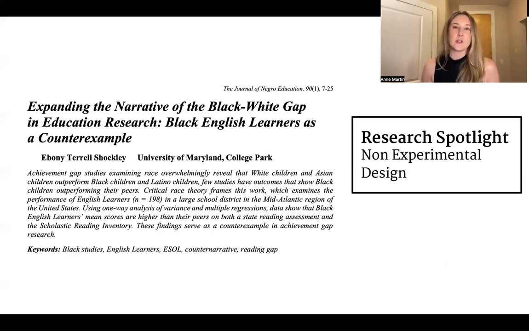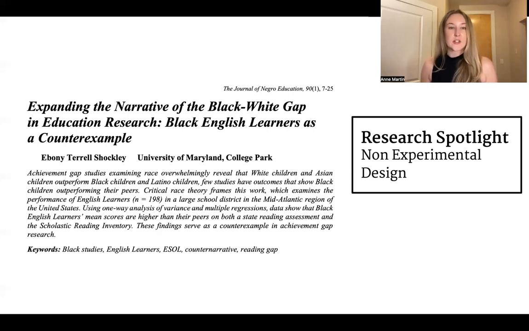There would be no way to at birth assign a baby to the language that they are going to speak. And then also there was no intervention provided. They were simply looking at the relationship between race and English language learner status and their outcomes on